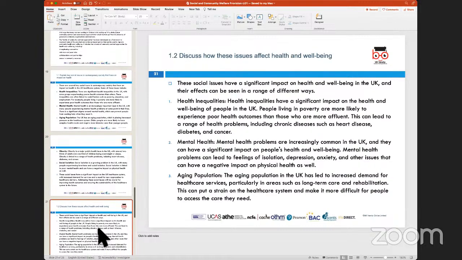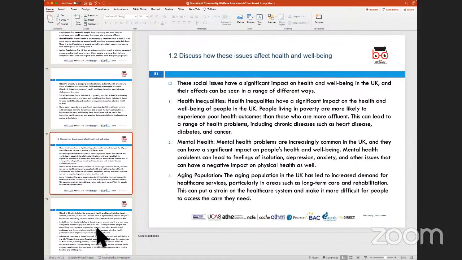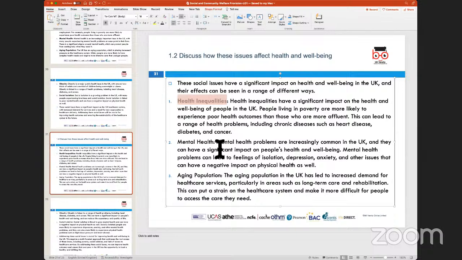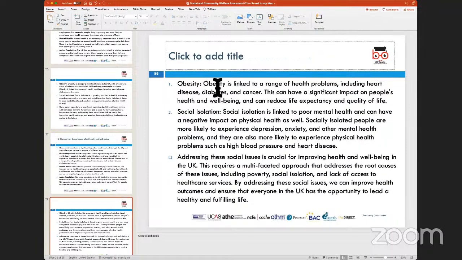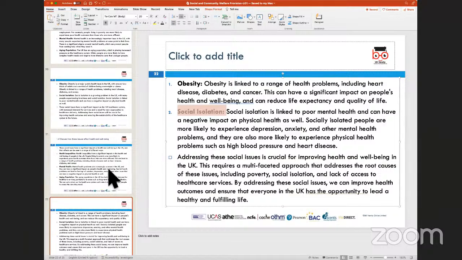Okay, let's briefly look at the second assessment criteria, which is talking about discuss how these issues can affect health and well-being. Now, the same issues that we've discussed in the first assessment criteria, which are issues of health inequalities, mental health, aging population. What I would suggest is, because it talks about explain, we need to look at any one of these issues and then explain how this is going to affect the health and well-being of an individual. So in this case, if you pick out, say, one particular issue, which could be an issue that arises because of health inequalities, if I put it this way. Now, if I talk about health inequalities,